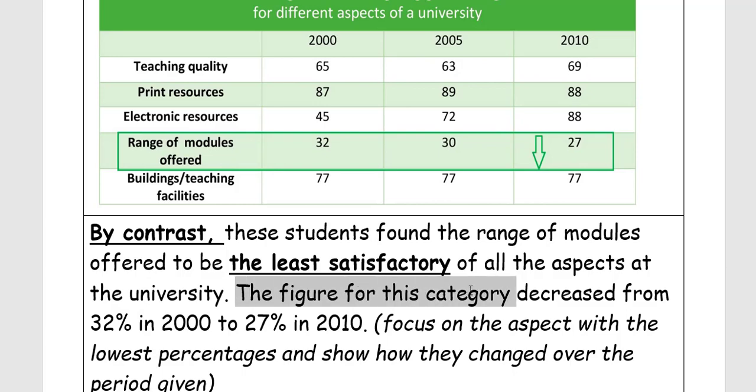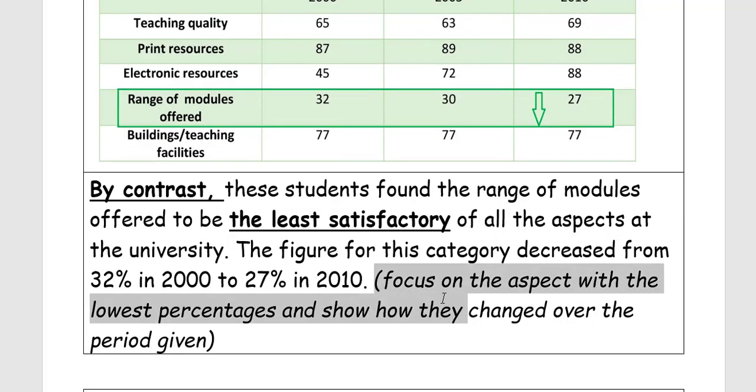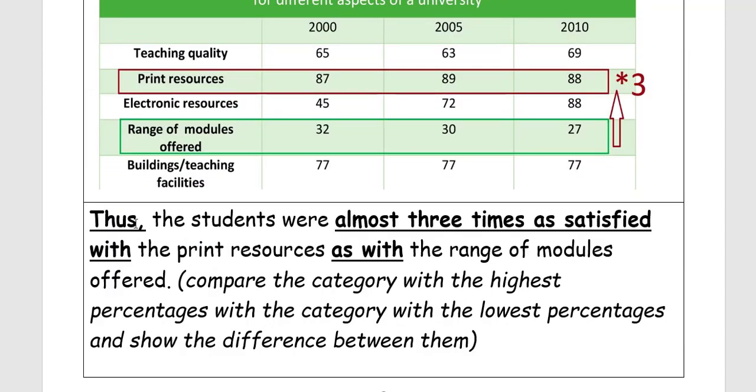Next, the figure for this category decreased from 32% in 2000 to 27% in 2010. So if you look at this percentage, we see that there was a decrease, 32, 30, 27. So you must show this decrease. So our strategy is to focus on the aspect with the lowest percentages and show how they changed over the period given. Next. Thus, that means